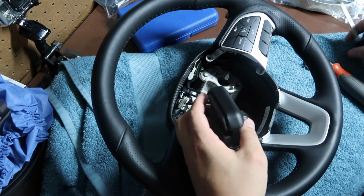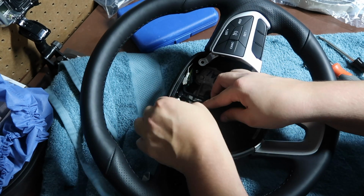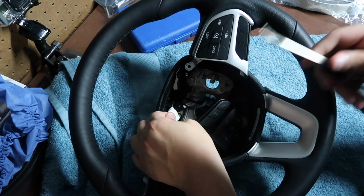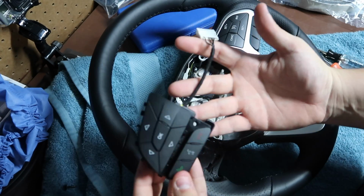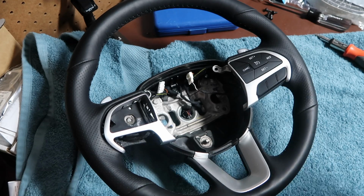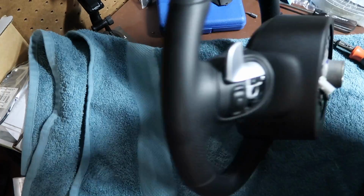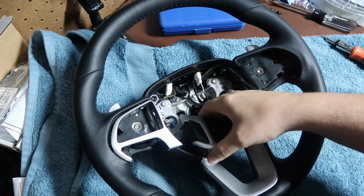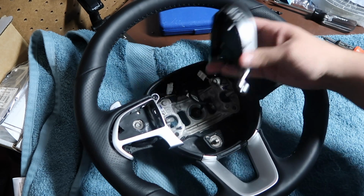Alright. So, now that that's off, basically, there's a clip here, I guess. Okay. So that just comes off. I removed this part already, and I did a couple things off camera. So I put that back on. I was told that I would have to take the steering wheel back off to swap this part. I think I might be able to get away with not doing it. I gotta see what the room is like. Worst case scenario, obviously I'll just take the steering wheel off, but I would prefer to not have to,